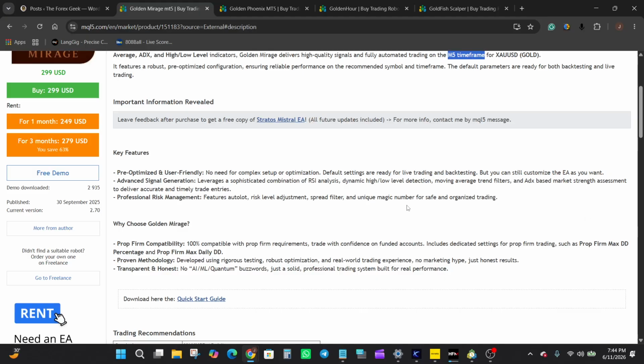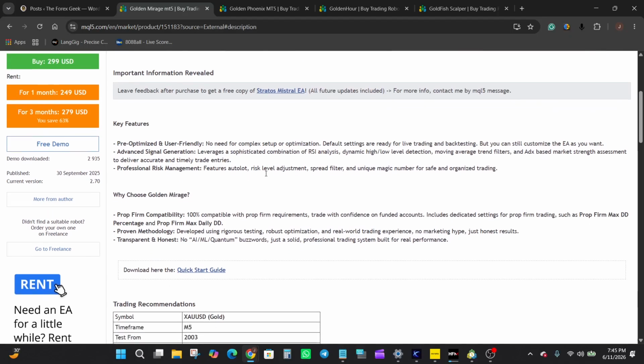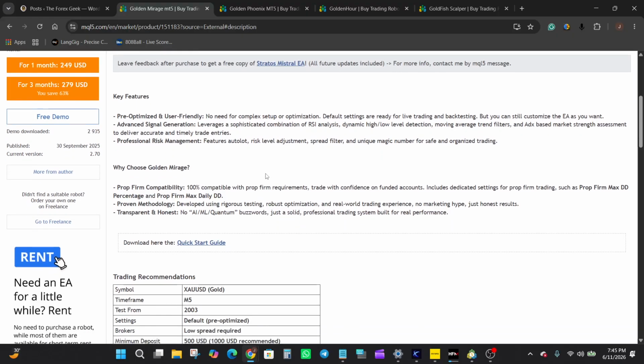The EA includes auto lot functionality, adjustable risk settings, spread filtering, and unique magic numbers for trade organization. There are also dedicated prop firm settings, including maximum drawdown controls and daily drawdown limits, which may be useful for